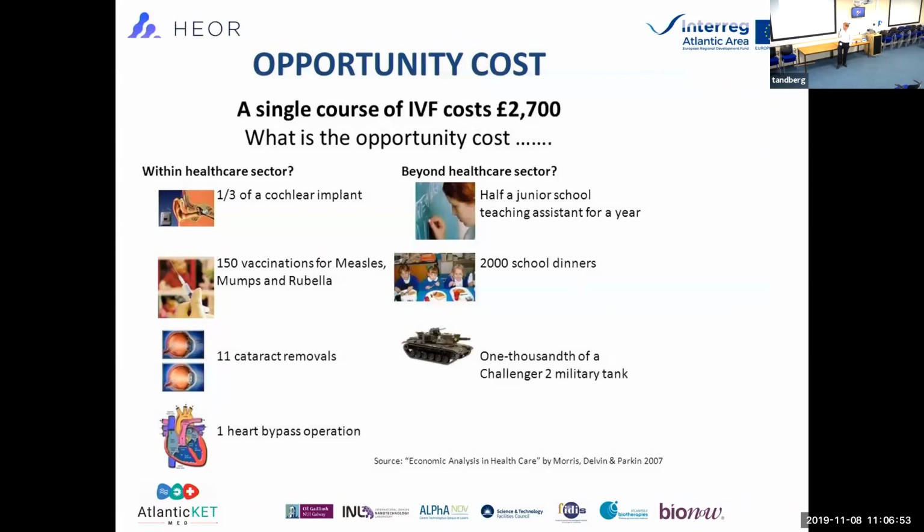So, a heart bypass operation: if you don't have your operation, the mortality, I guess, will not be very pleasant. But it's only for one person. What about the 11 cataract removals? Okay, this affects your sight. So for example, because I've chosen to invest in IVF, it means that 11 individuals potentially risk worsening eyesight. That's quite serious, but in a sense, these are the decisions that any healthcare system makes. If we go